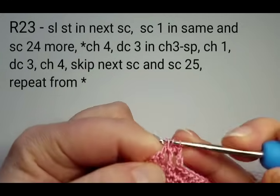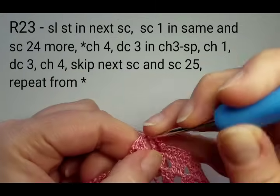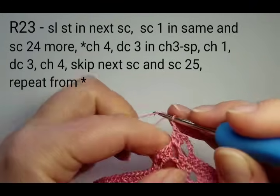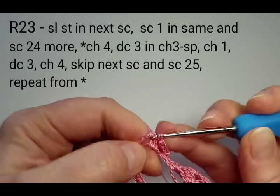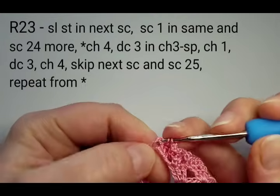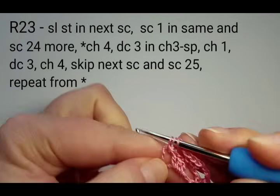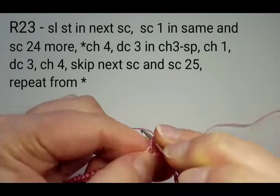1, 2, 3, chain 1 and make 3 double crochets on the other side in the other 3 chain space, 1, 2 and 3,